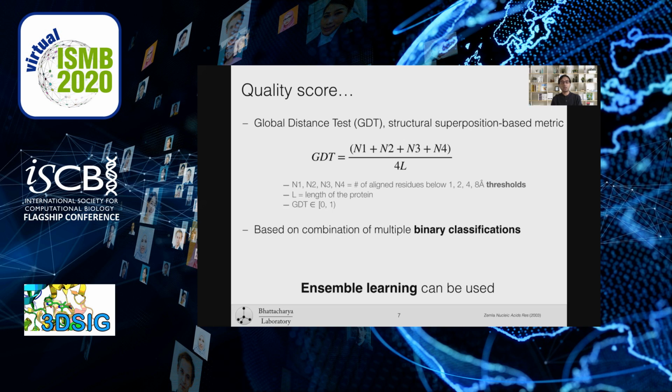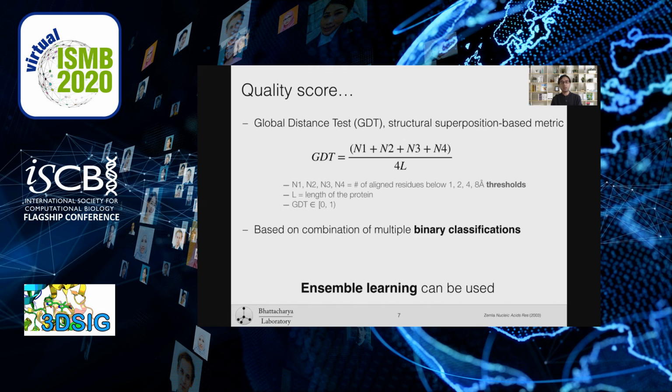In the equation, the numerator has quantities n1 through n4. They are the number of aligned residues below 1, 2, 4, and 8 Angstrom thresholds. And the denominator has L, which is the length of the protein. The GDT score lies between 0 and 1, with a higher score indicating better accuracy.